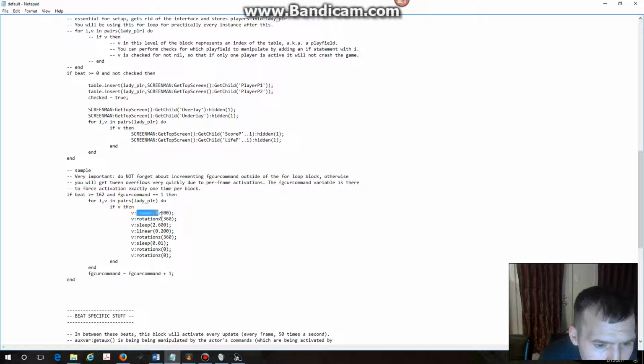Inside that collection, it has these fields inside of it, and it's setting all of that. So this is probably setting the thing in the collection. So whatever this is doing, this is most likely doing the same thing. So linear is 0.60, rotation X is 360, sleep 2, linear rotation Z is 360, rotation X and Z is